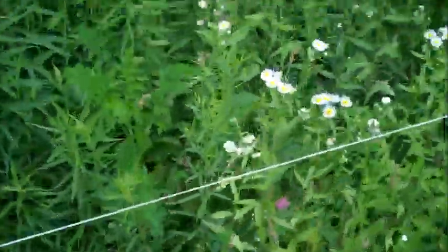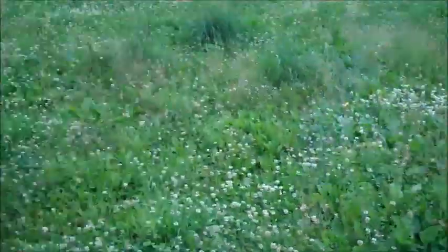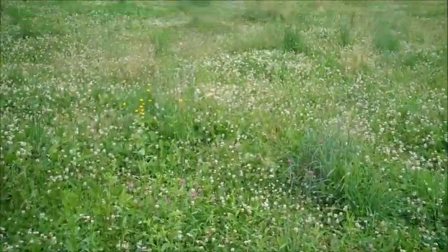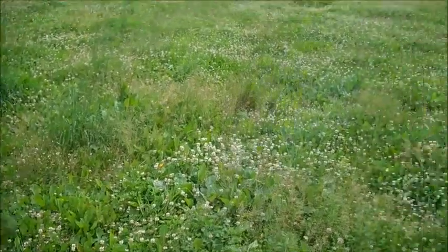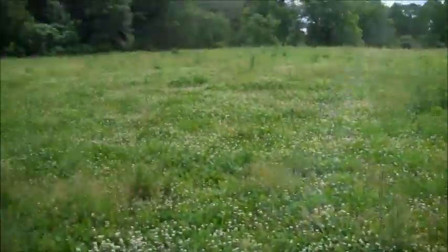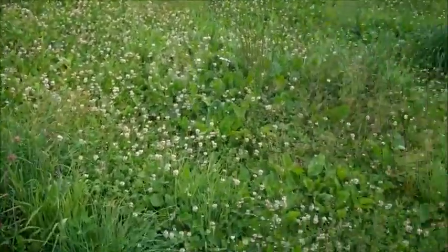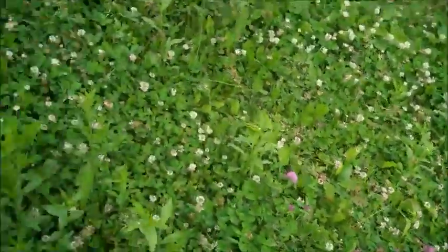There's a little red clover. I'll get up to some more of that when I get up where the cows ain't got it clipped off. Stand by. Alright, now we get up here where the cows, well, this is the second cutting of the pasture. The cows have clipped it off once. Normally this is all mustard, but they got it clipped down early, so the clover's coming in pretty good. As you can see,